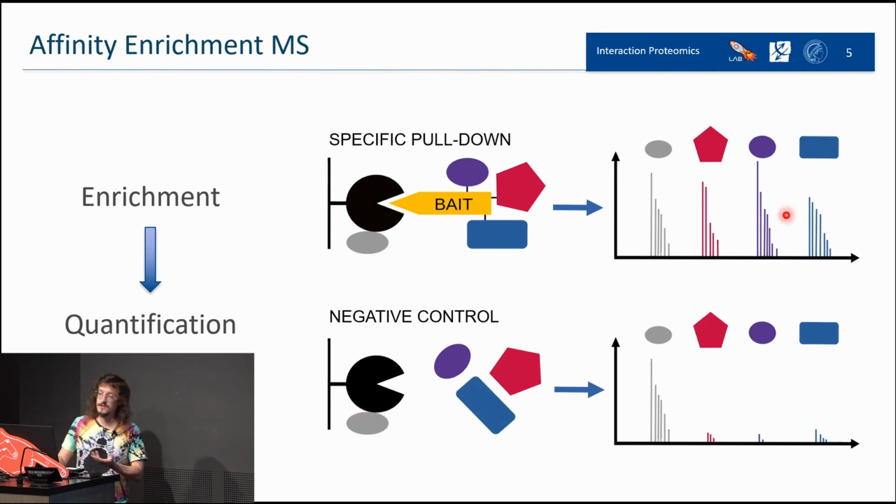And the result you can see here: you expect that when you take the sample and perform proteolysis and then mass spectrometry and everything, in the first condition you will have an output from the mass spectrometer coming from all proteins, specific binders and unspecific binders. While in the negative control, all the specific binders will be washed out, and the only proteins that will remain will be the unspecific ones. As you can see here, we have signal only from the gray ones.